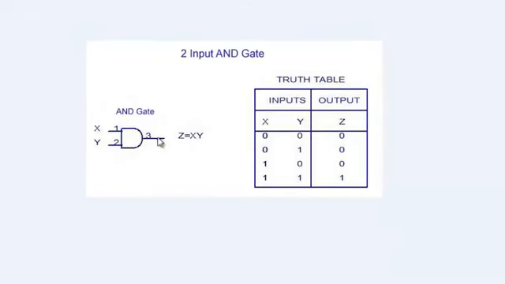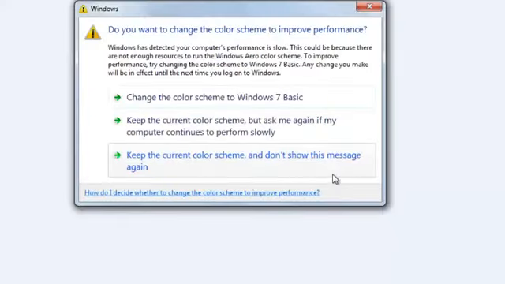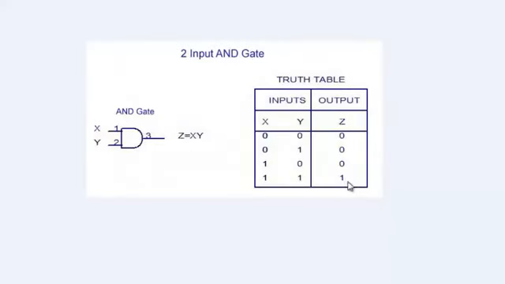And the main thing in this AND operation is that the output will be high only when the 2 inputs are high. If in any case any of the inputs is low, like in all 3 cases where either X or Y is low, the output you are getting is low. So for the output to be high, you must have the 2 inputs high. So we will do and check the same thing in the VHDL coding.